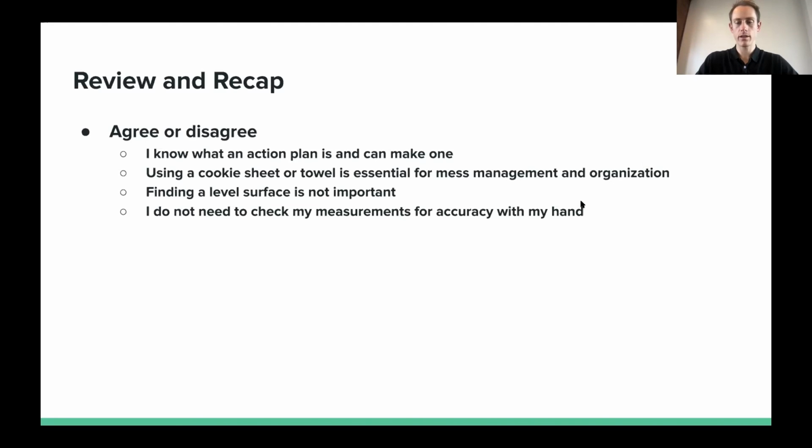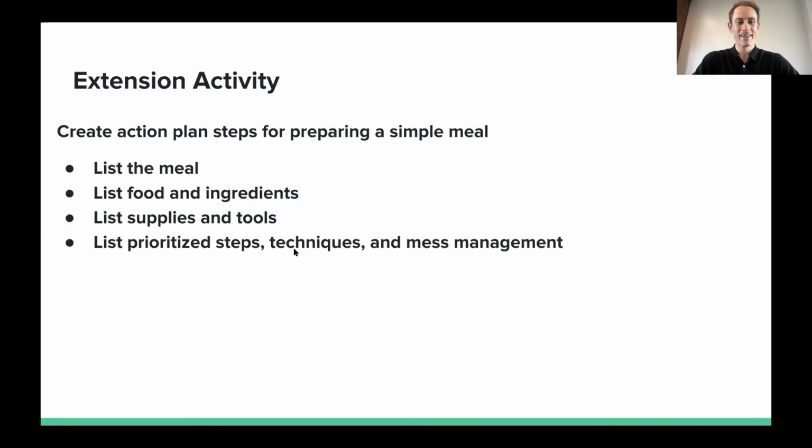Do you agree or disagree? Good. I'm glad I'm seeing some disagrees to that one. Also glad I'm seeing some disagrees with finding a level surface is not important, because it is. Good. Okay. So now I want you to think about why you said agree or disagree to some of those